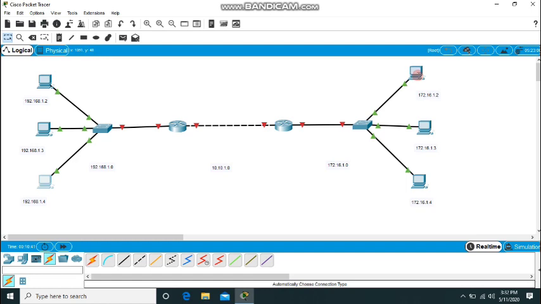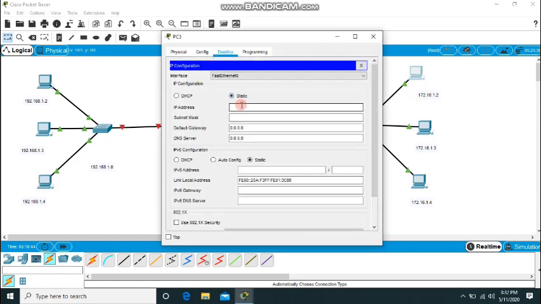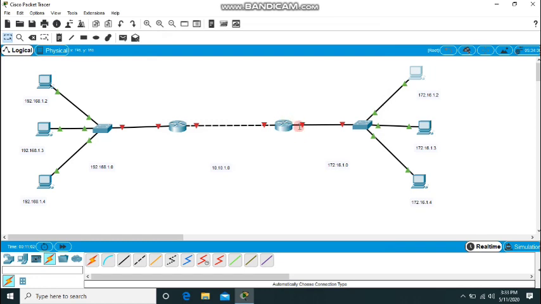Similarly you have to configure the other network also. On this network, Desktop IP, the IP address is 172.16.1.2, the mask comes automatically, and the default gateway is 172.16.1.1. Here the first address is taken as the default gateway, and this entry point on the router is actually the default gateway address of these machines.